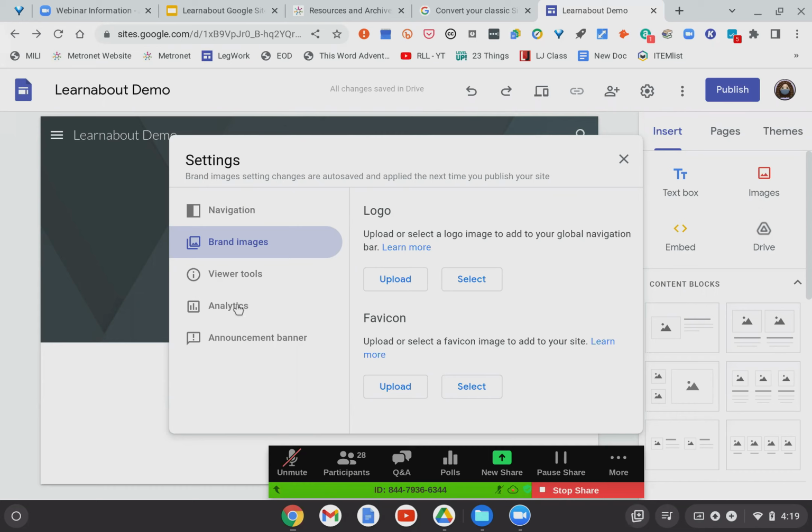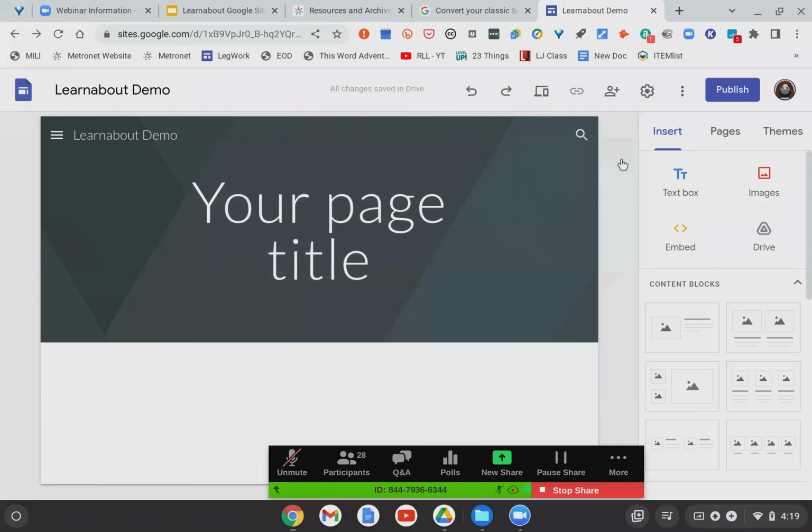And then I'm not going to look at tools or analytics or the announcement banner. Those are more intermediate to advanced levels. So right now, I just wanted you to have those basic tools that you could look at under settings. Then the next thing we're going to look at is this massive sidebar down here, because this